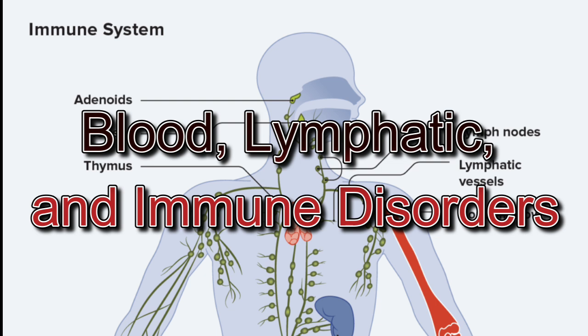Lupus. Discoid lupus erythematosus, DLE. Systemic lupus erythematosus, SLE. Lupus is a type of autoimmune disease in which the immune system attacks